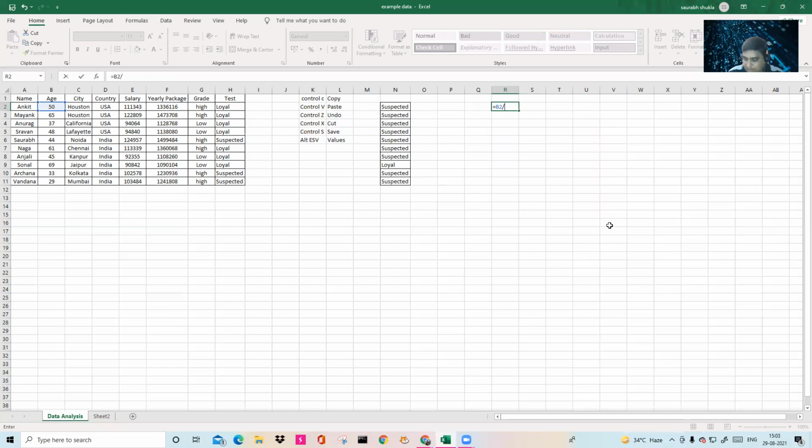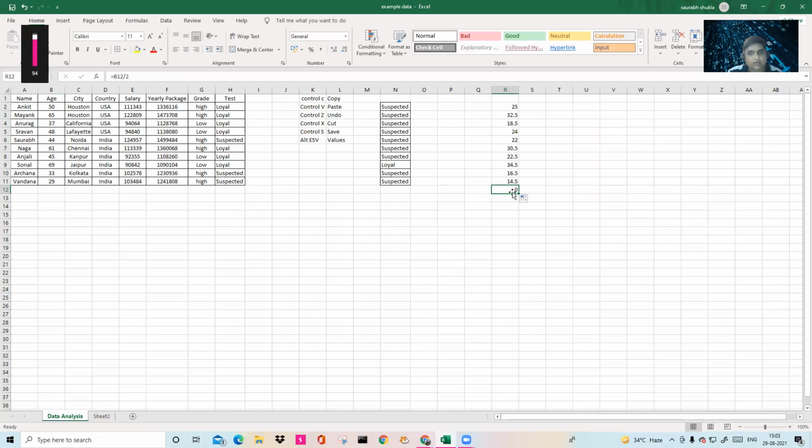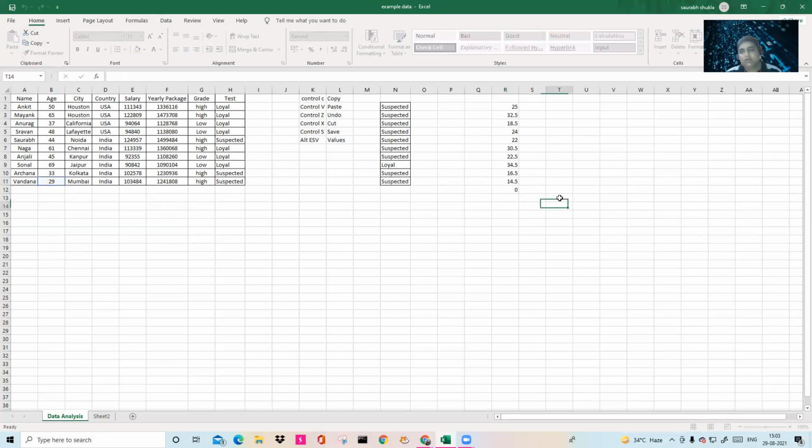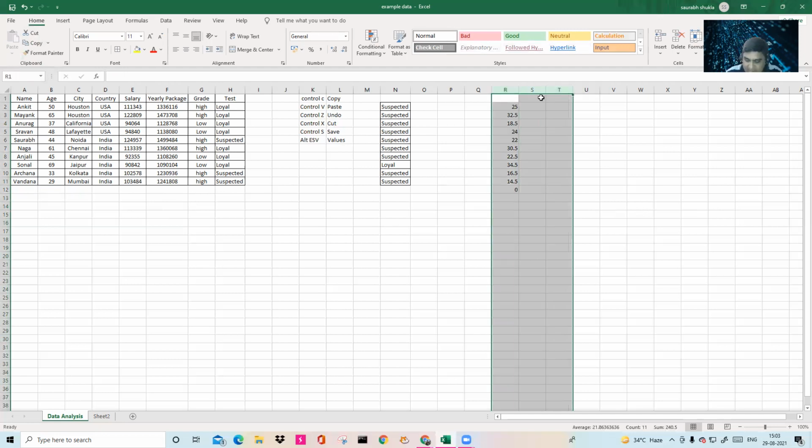I want to know what is the 50% of this age? I will divide it by 2. Just play around with it. If you play with Excel and get familiar with it, that will be it. Here it is 0. Why? Because you cannot see any value here, that's why it is showing as 0. Put the cursor here, select the cell and press F2. It will show me this particular range and where this formula is applied. Just play around with it, hang around it, see the Excel.